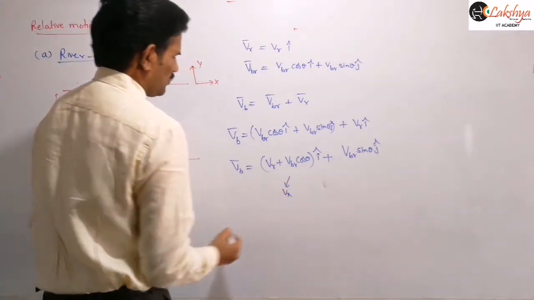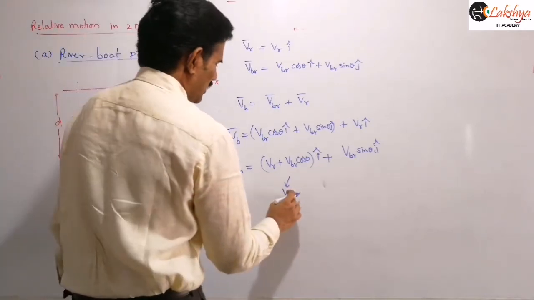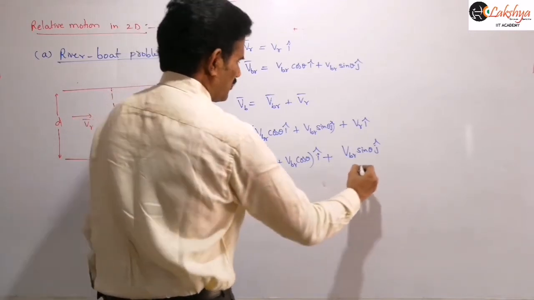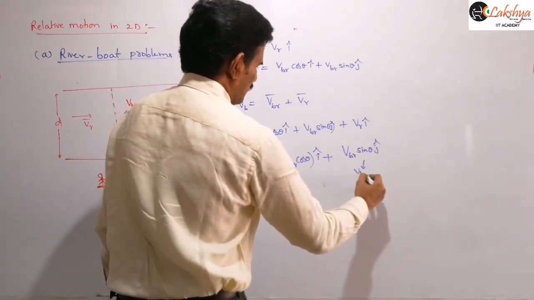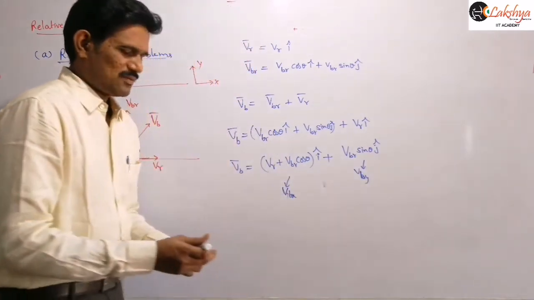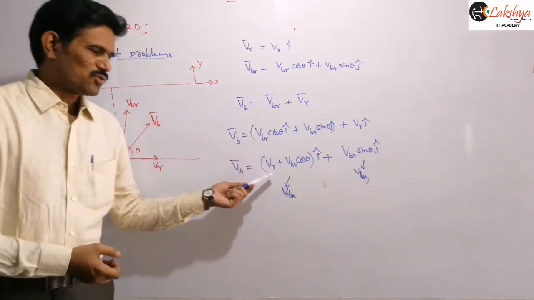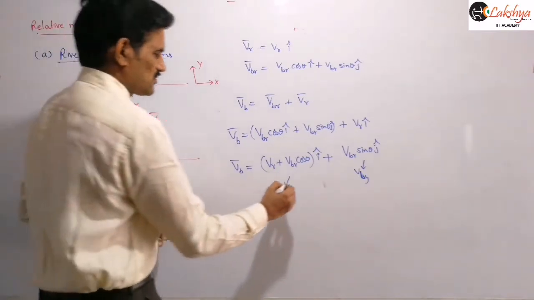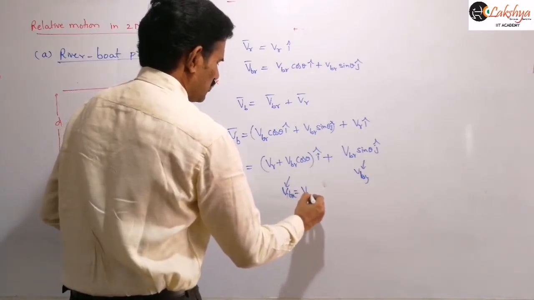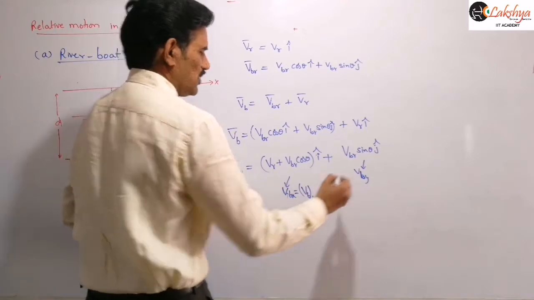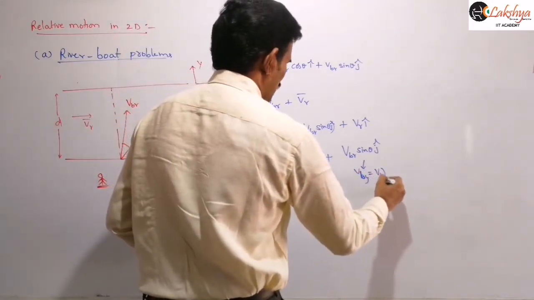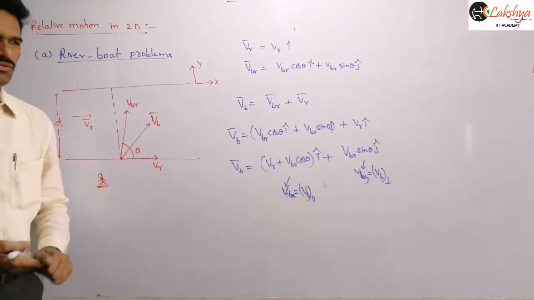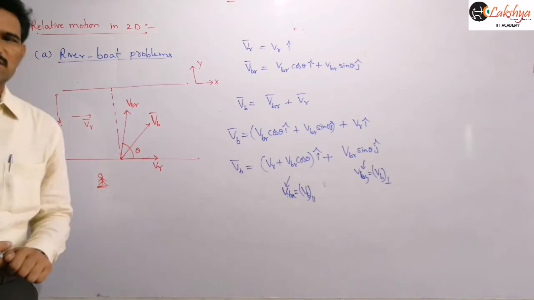This is our x component of velocity of this boat, or I can write this as VBX. VBX means x component of VB, and similarly this is VBY, or we can say this is the velocity component parallel to the direction of the river flow, and this is perpendicular to the direction of the river flow. You can also express it like this. This VBX is nothing but velocity of the boat parallel to the direction of the river flow, and this is velocity of the boat perpendicular to the direction of the river flow. You can express, right? So that means because we are taking x-axis parallel to the direction of the river flow and y-axis perpendicular to the direction of the river flow.